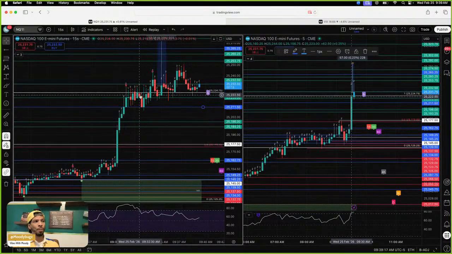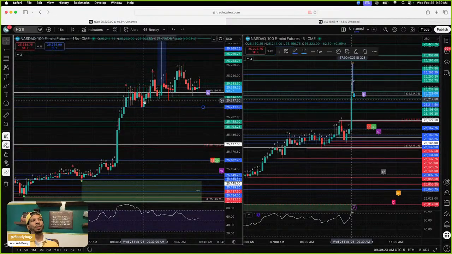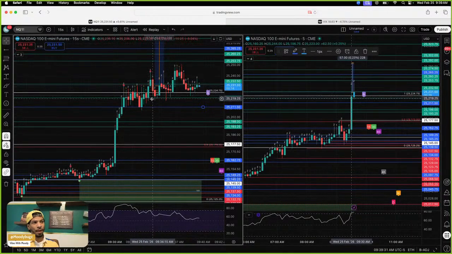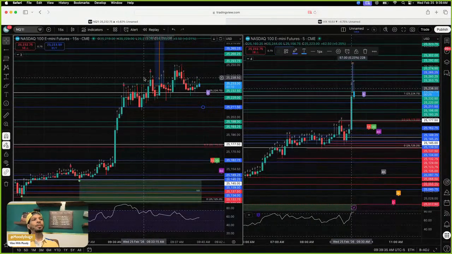Once we broke right here, I was able to start scaling out the trade. Scoop, scoop, scoop, scoop, scoop. Boom! I saw that tweezer bottom. This is why I didn't want to add to the position again up there. It still gave me the opportunity to scale out and get out of the trade. I think it was right here, and it gave me an extra $200. I only had like 2 extra contracts or something of that nature, right?